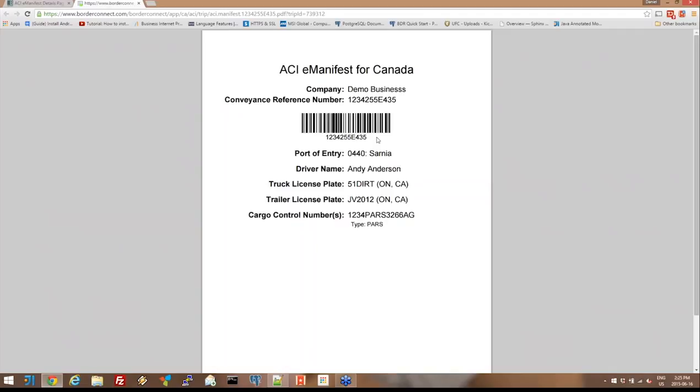If you do not have the barcoded conveyance reference number, customs would expect you to write the conveyance reference number on the cover sheet. So it's got to be handwritten. So if you only have your PARS invoice, and that's what you're presenting to customs as your barcoded form, you still have to indicate what the trip number is, or the conveyance reference number, for the officer at the first